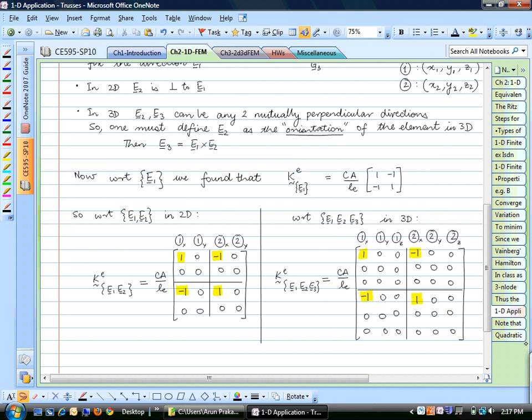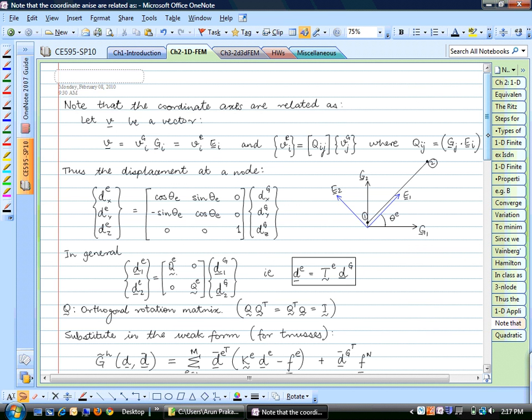Let's say you have a 2-dimensional element, which has maybe a 4 cross 4 element stiffness matrix. You want to assemble a structure made out of two-dimensional elements. Then once again, you can just add rows of zeros corresponding to the 2-dimensional element, and then assemble all of them into 3 dimensions. This is a standard procedure that you might actually have seen in structural analysis also. So once you do that,